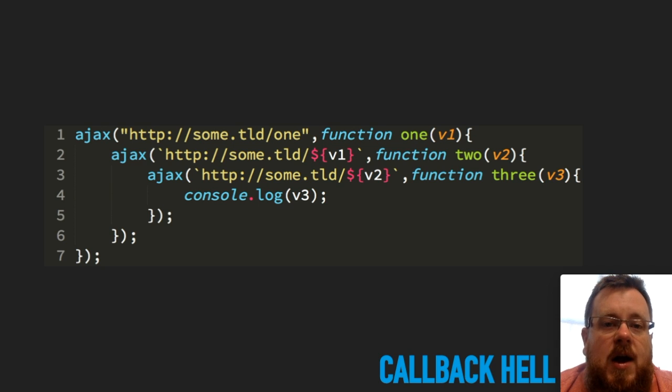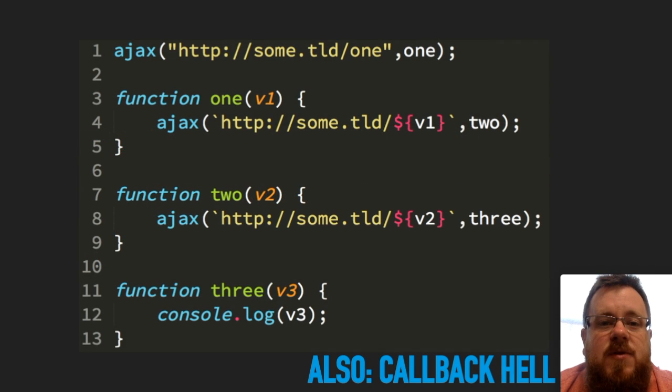We could reorganize this code in a different style of programming, and you notice I'm doing the same thing. We have the same outcome. I'm making one AJAX request and then another and then another, and I'm using the response from one to make the request for the next one. So in other words, I have a temporal dependency. The second AJAX request can't go out until after the first one is finished, and the third one can't go out until the second one's finished.